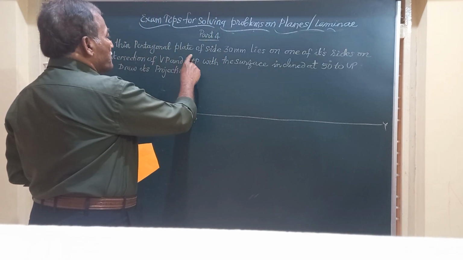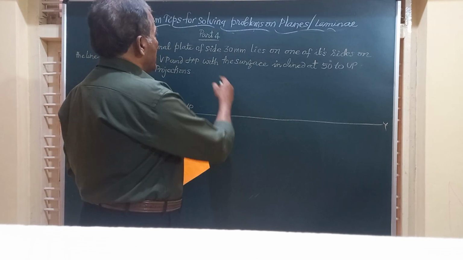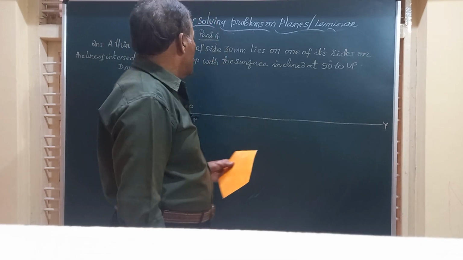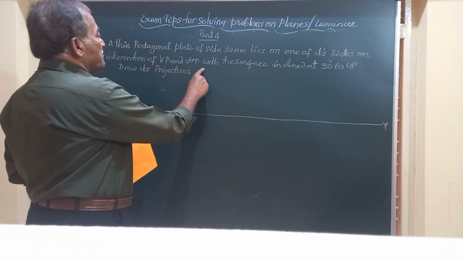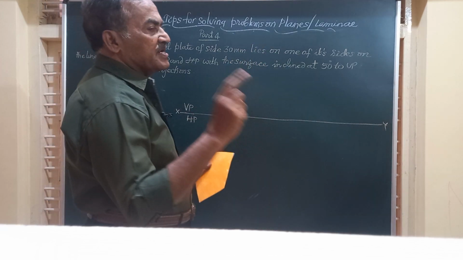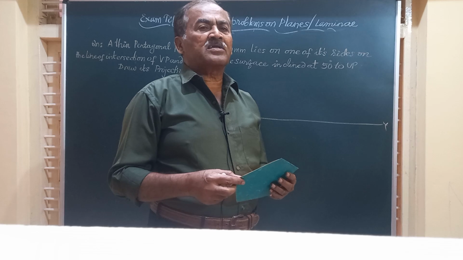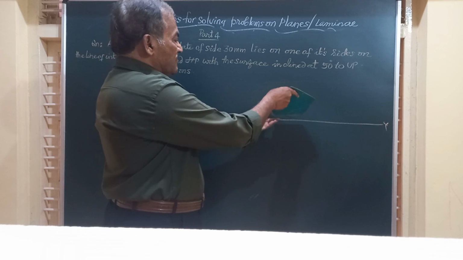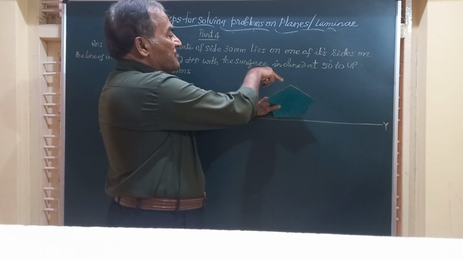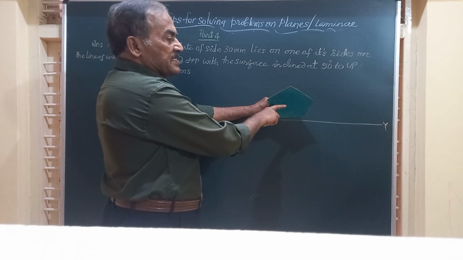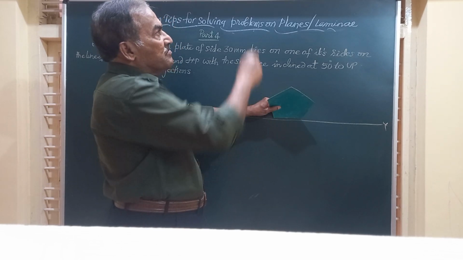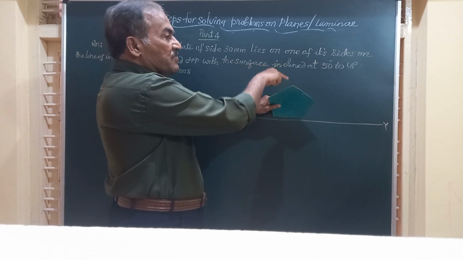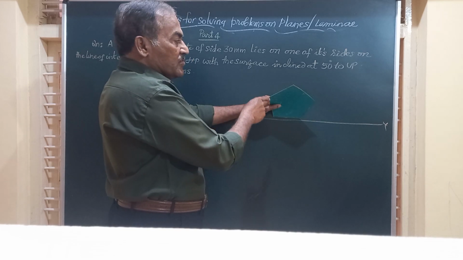A thin pentagonal plate, a pentagonal lamina of side 30 mm, lies on the line of intersection of HP and VP with its surface inclined at 50 degrees to VP. Friends, basically, we know it has to rest finally like this, with the surface making an angle of 50 degrees with VP and 40 degrees with the HP, because the total angle between the VP and the HP is 90 degrees. If it is making 50 degrees with the VP, which can be seen in the end view, and 40 degrees with the HP,